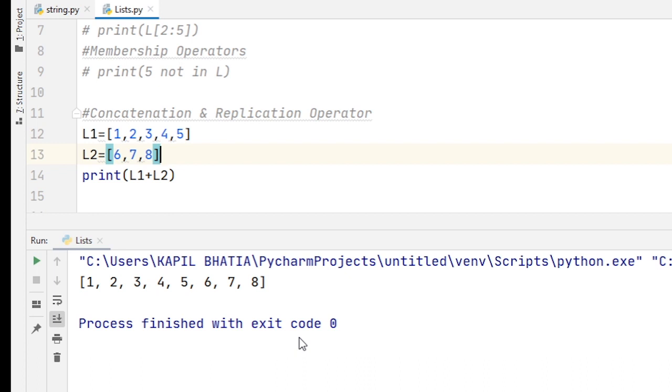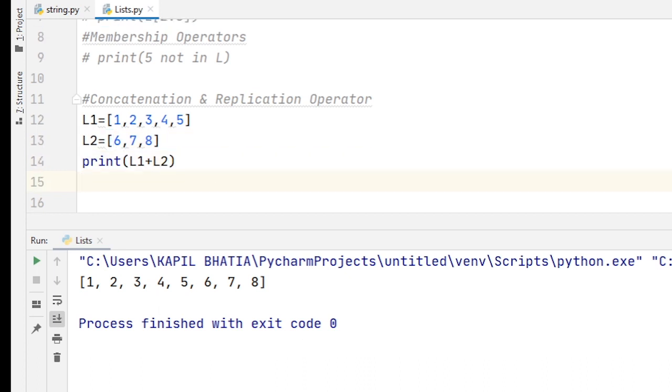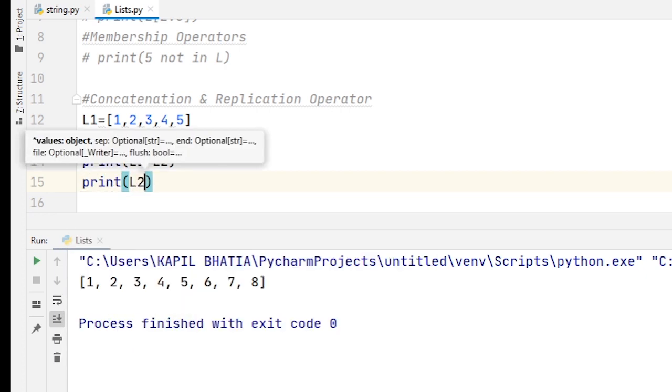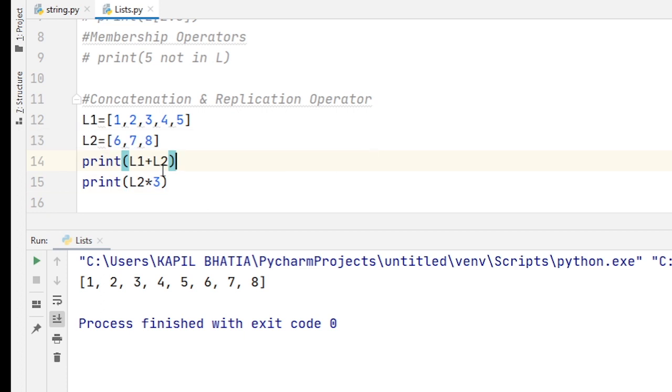Means a new list will be generated. Okay. If I use the replication operator, suppose I print L2 times 3. When I run this code, now here you can see the list is repeated 3 times.